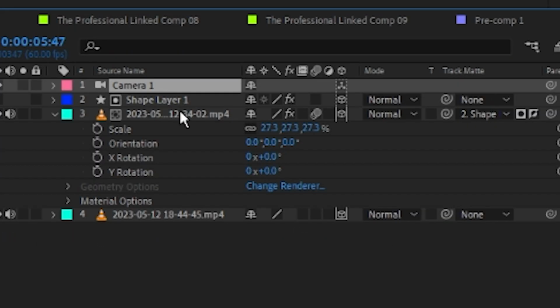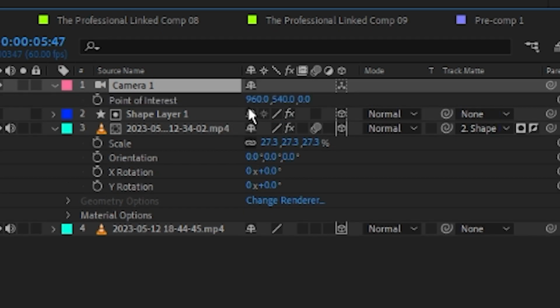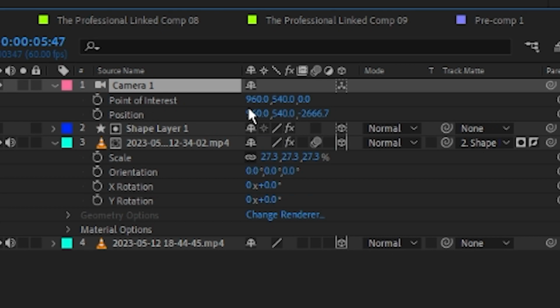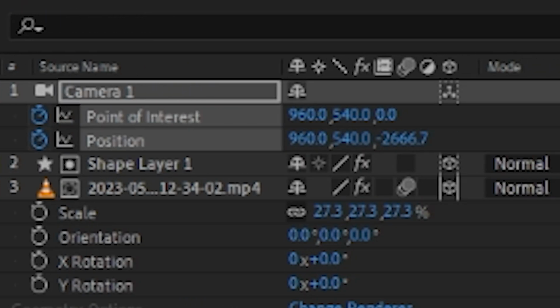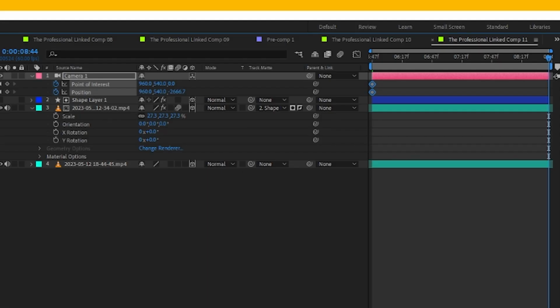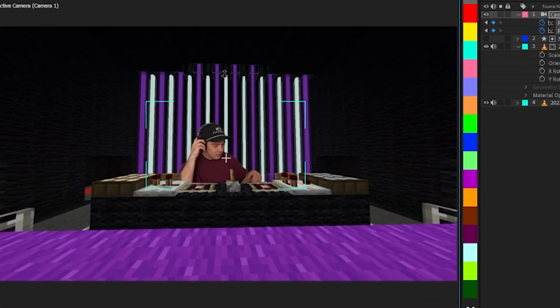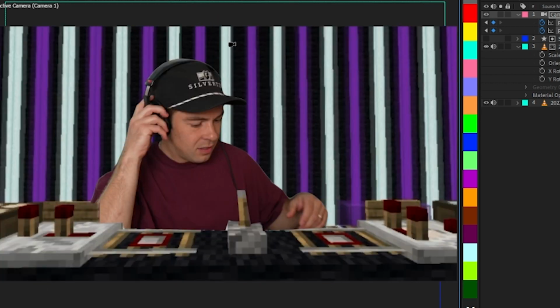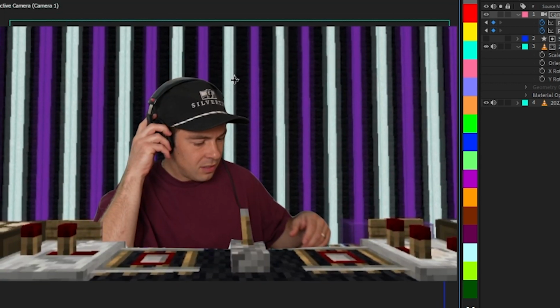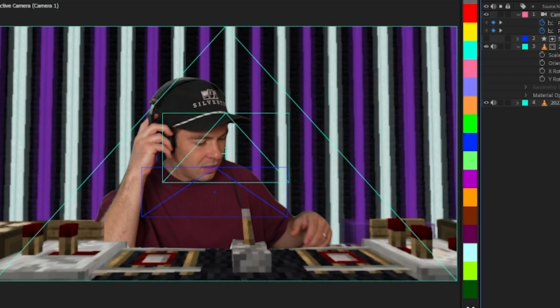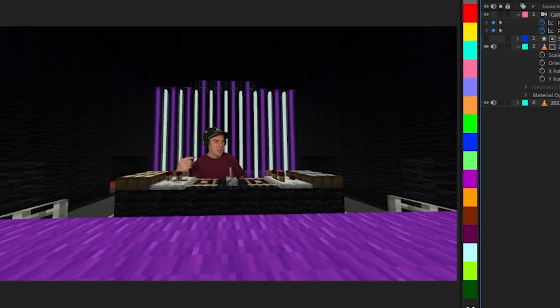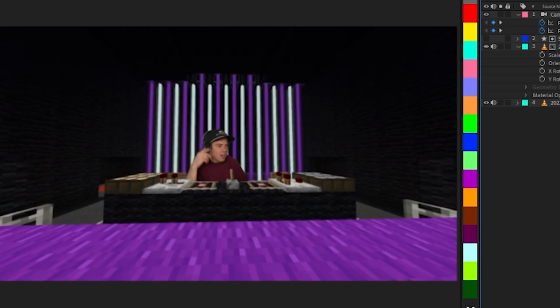Now with the camera selected, I'm going to press A to open up point of interest, hold Shift and press P to open up the position too. So now I have these two options visible. I'm going to press the little stopwatch to create a keyframe at the start, go to the end of the scene, and I'm going to hold Alt and drag with my right click to zoom in. This is how I control the camera. Hold Alt and left click to move it left and right. And just like that, if I play it back, I should have a start and end keyframe of the camera